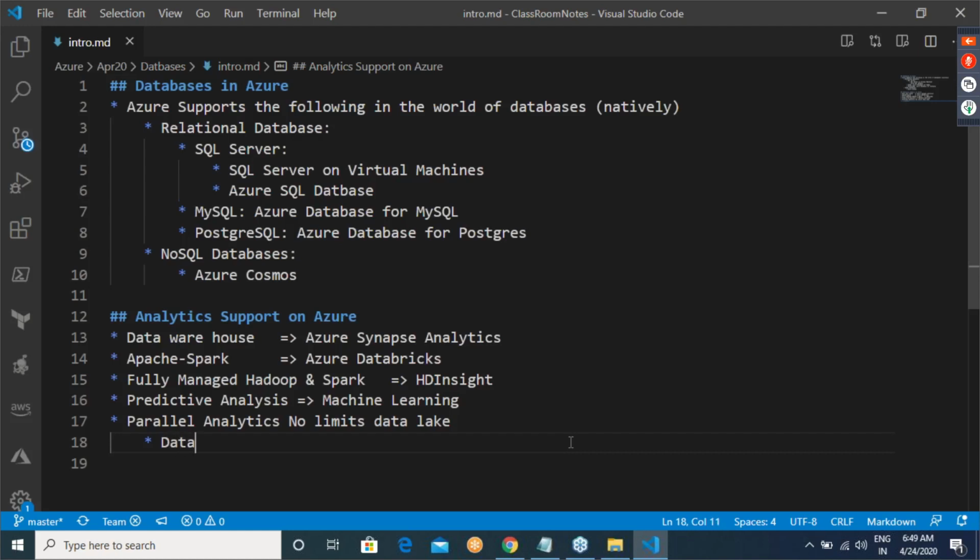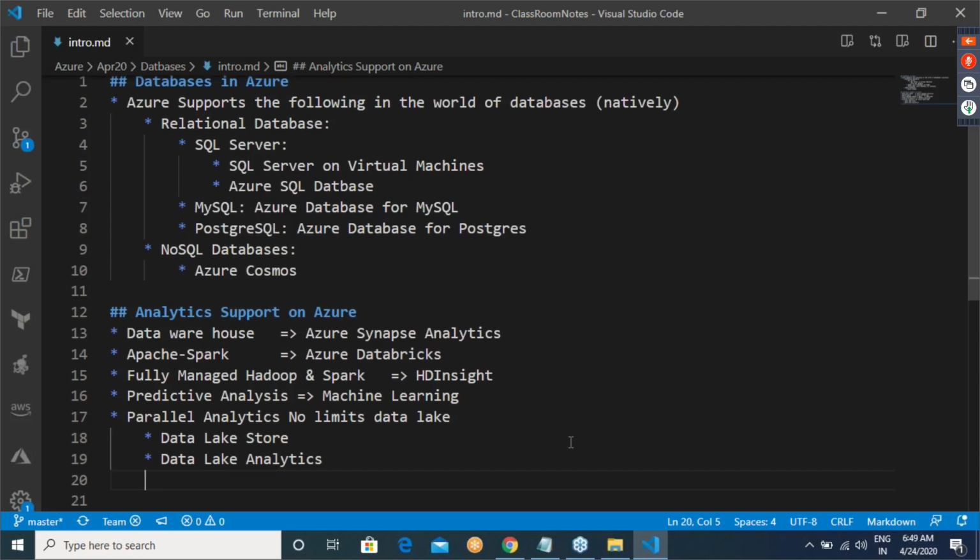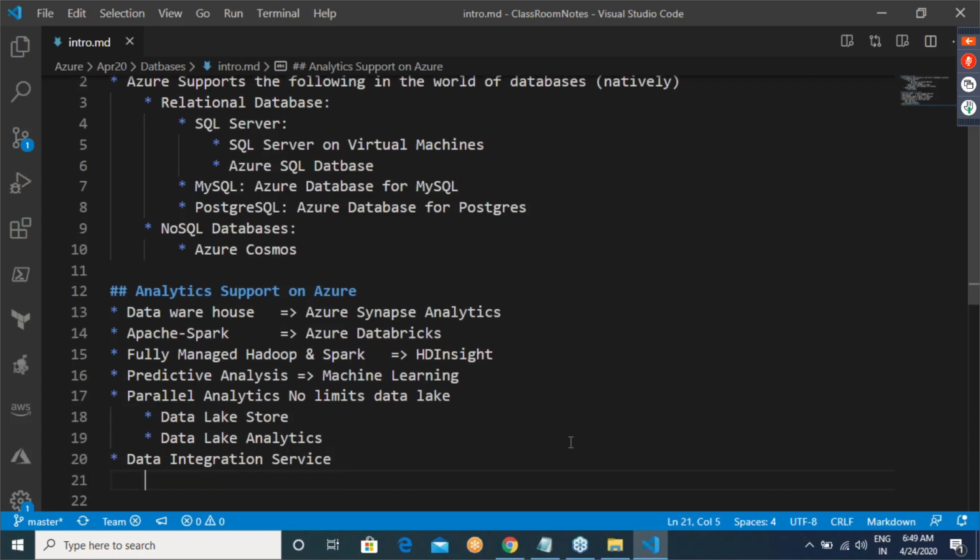One they call Data Lake Store, and one more thing, Data Lake Analytics. And at the last, the data integration service, which we basically call Data Factory.